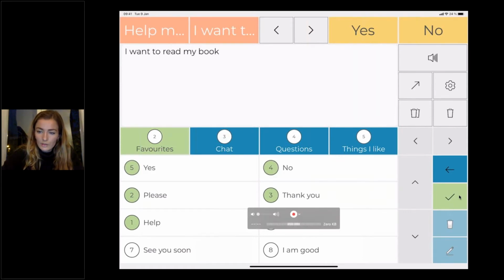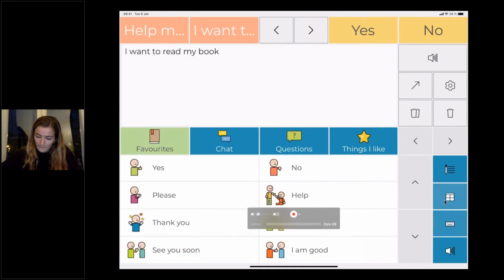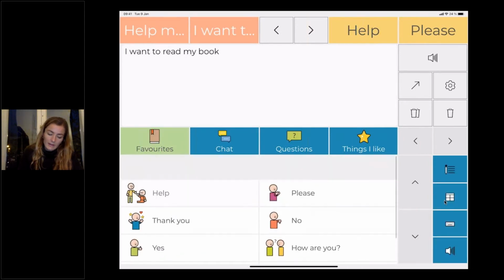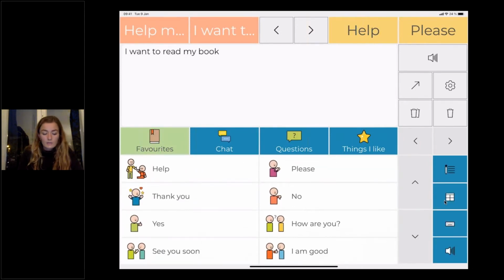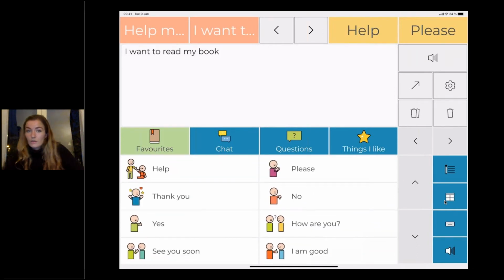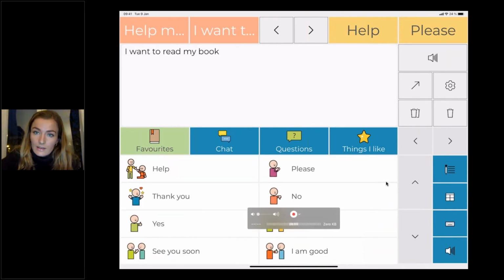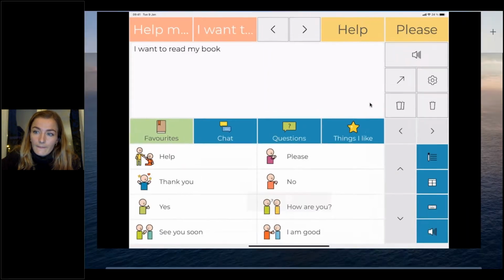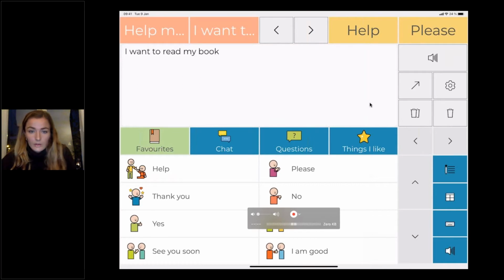Then I just need to confirm, and that's it. So now I have my first displayed phrase. It's help, same as this one, as you can see. And that's it. So that's how to edit phrases and categories from the app.